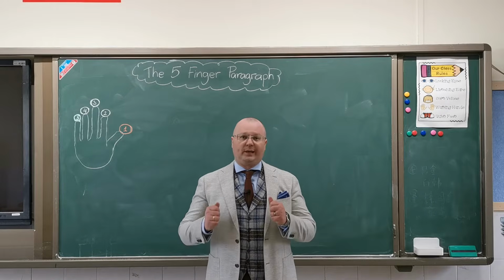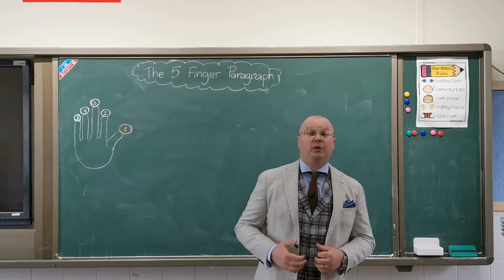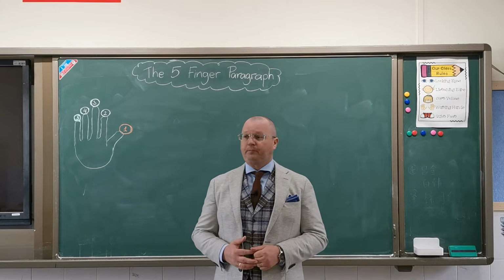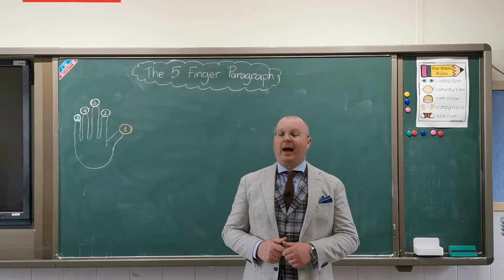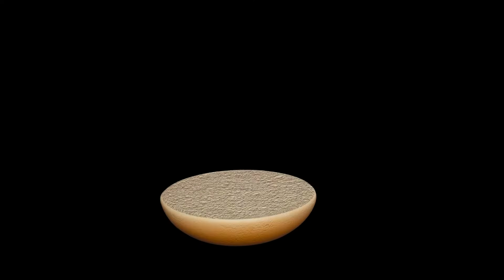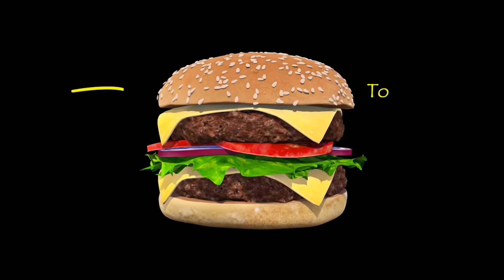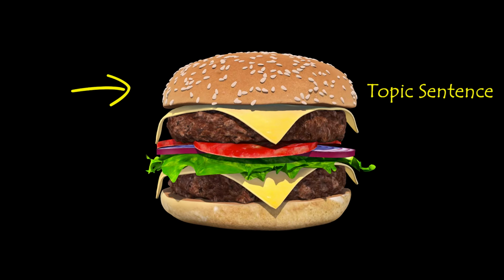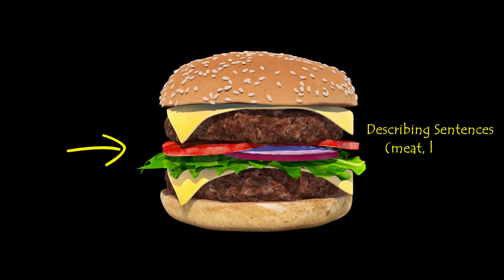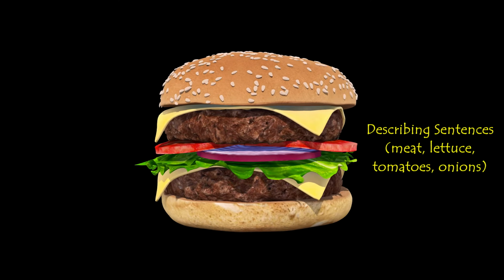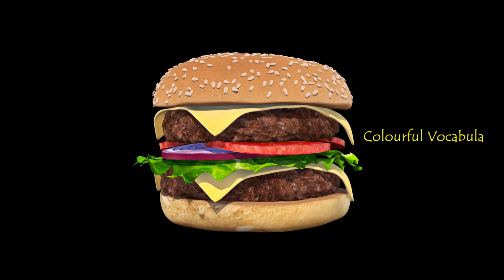So the first thing you want to say to your students is what a paragraph is. So a paragraph is a group of sentences about one main idea. And it is a lot like a hamburger. The top bun is your topic sentence. What's inside the hamburger is the most delicious part. So meat, lettuce, tomatoes, or onions are your describing sentences. And special sauce, ketchup, mustard,